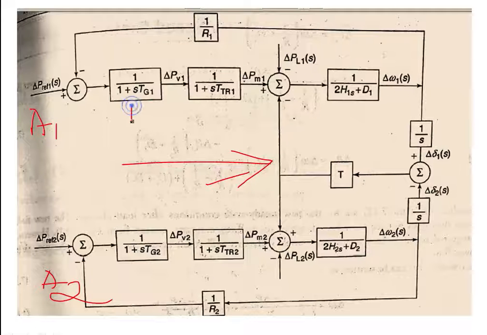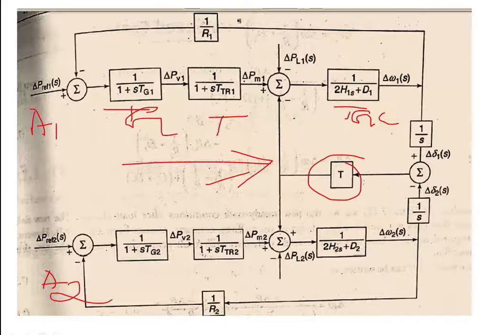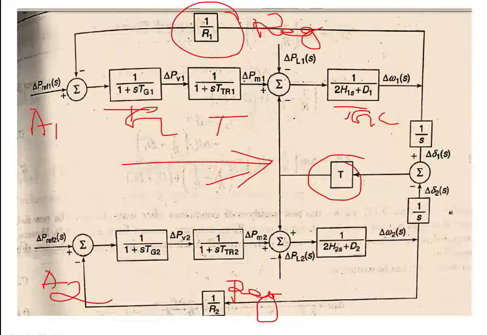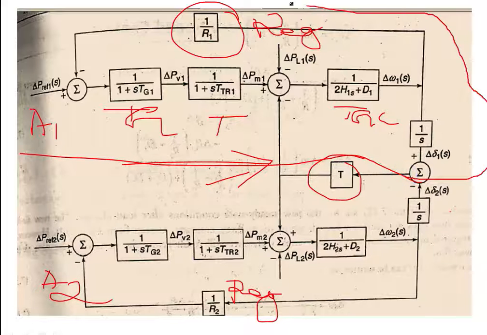This is the turbine block. This is the governor block. This is the turbine block. This is the turbine generator constant. T is the time scale division, and this is the droop, the regulating characteristic, the regulation of unit 2, that is R2. This is the integrator block, and this is the summing block. So if you just remember this upper portion of the block diagram once, the rest of it is very easy.